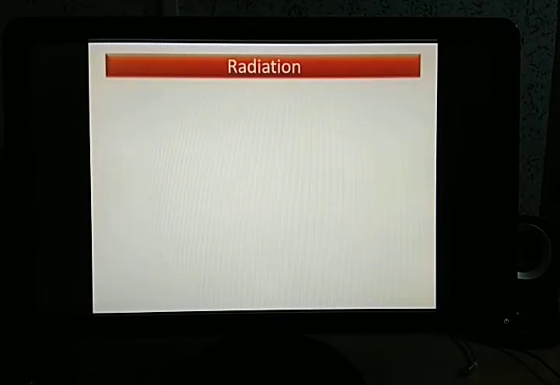Hello everyone. Today we are going to discuss the next topic. Now today's topic is another type of transfer of heat. We have already come across conduction and convection. Now today we will be discussing what is called radiation.